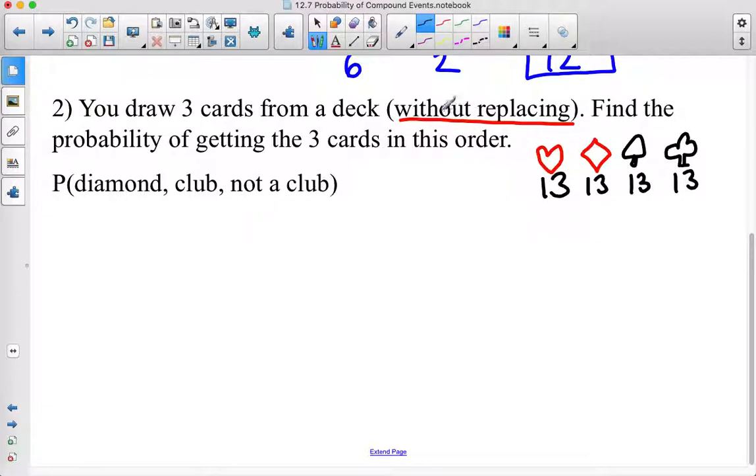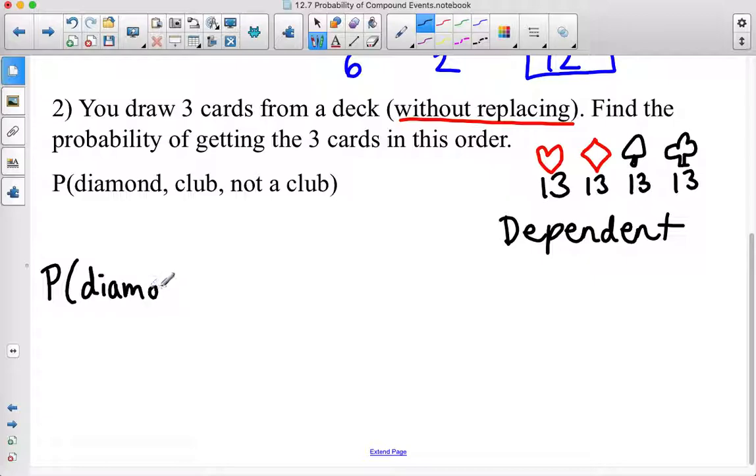Because they don't go back in the deck, these events are going to be dependent. It depends on what was drawn prior, because it will change the probability of the later events. You know, there are fewer clubs maybe in the deck. So these are dependent. So if I want to find the following probability, I would find the probability of first getting a diamond, and then I'm going to need to multiply it by the probability that the next card is a club following